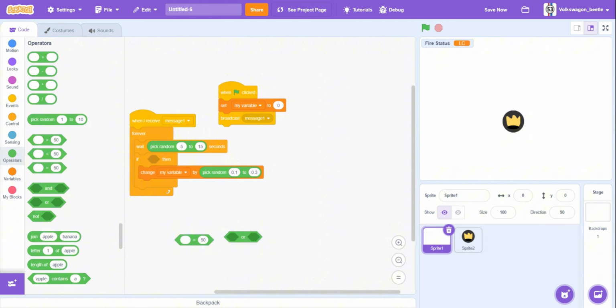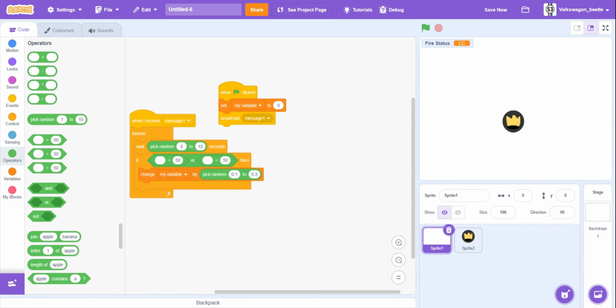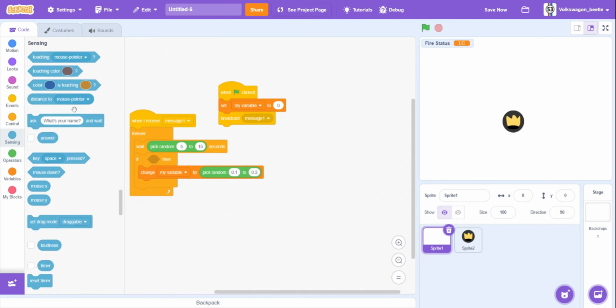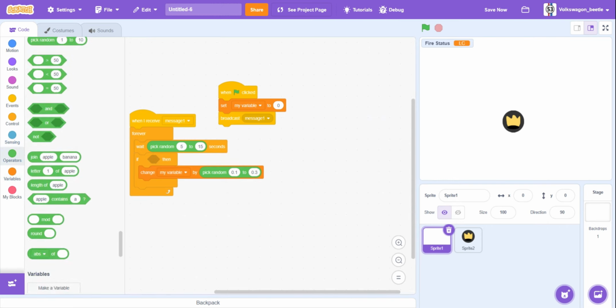We're going to get an if block, and we're going to get two of these equal blocks. We're going to put that in the if block. Actually, wait a minute, hold on. I think there's a better one for this. Sorry. We just find it. Here we go. What we're going to do is